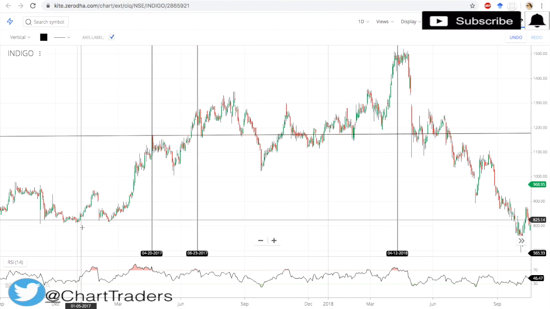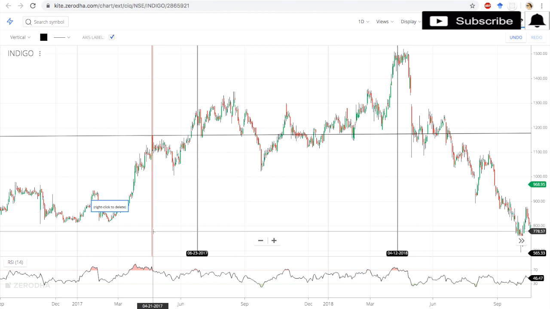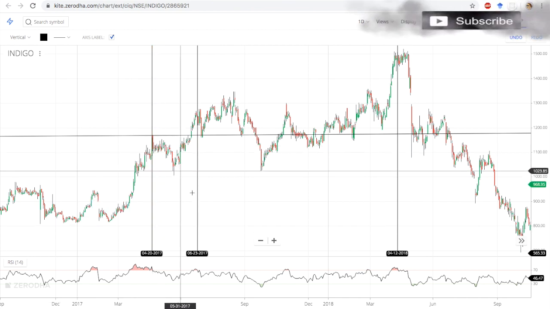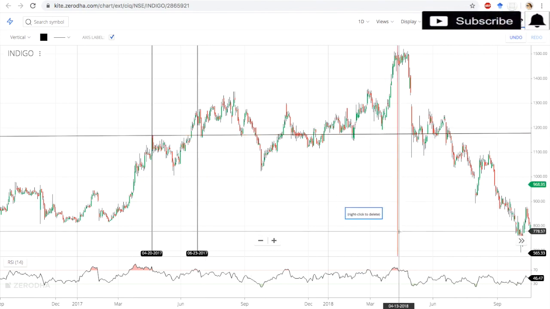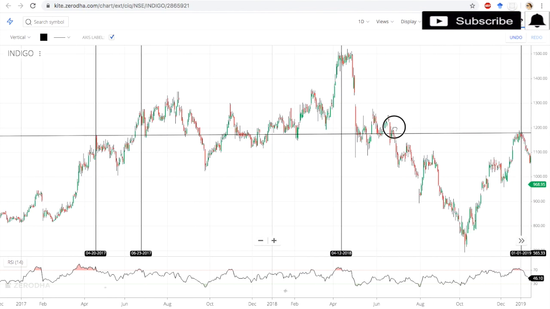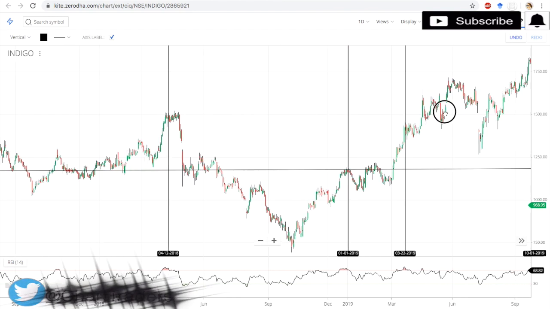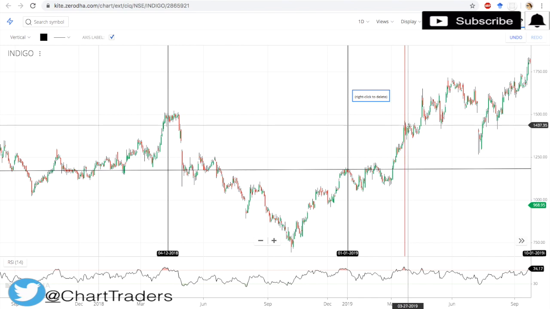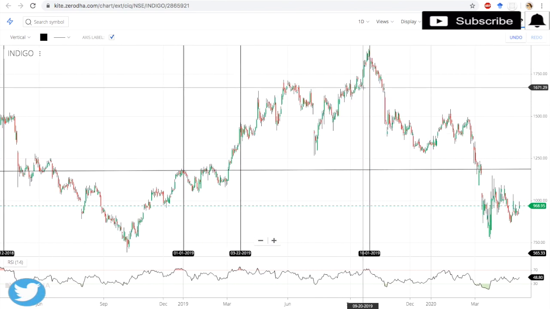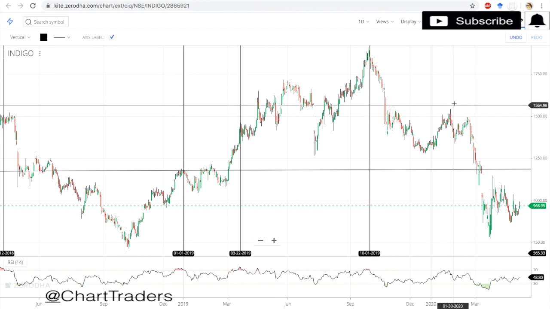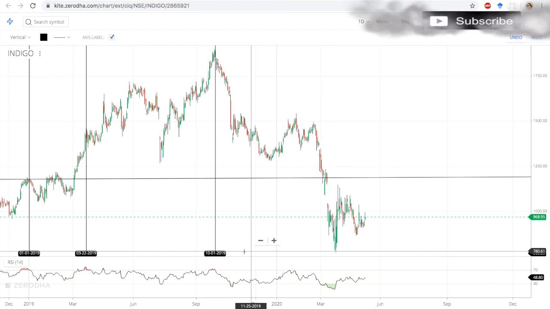See, these are all oversold zones here. See, once RSI crosses 70, some down movement. RSI crosses 70, some down movement. Here RSI crosses 70, some down movement. Here also RSI crosses 70, some down movement. Here also above 70, some down movement. Same way here RSI is above 70, after that some correction. Here RSI crosses 30, so we have